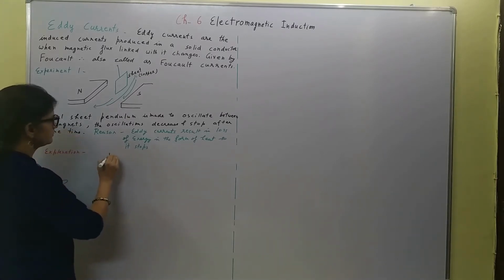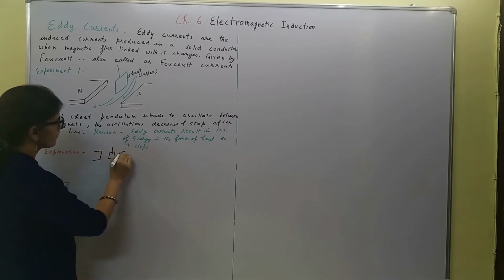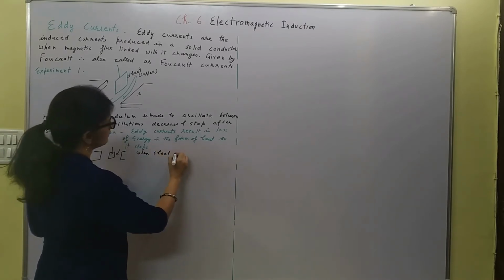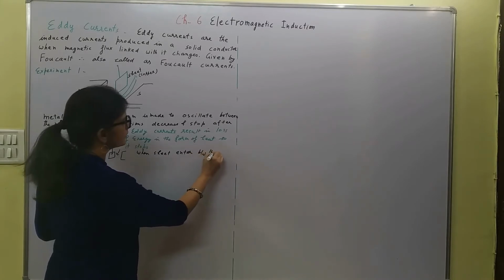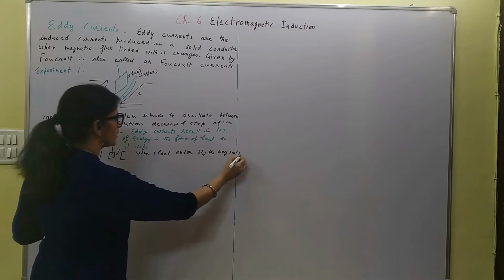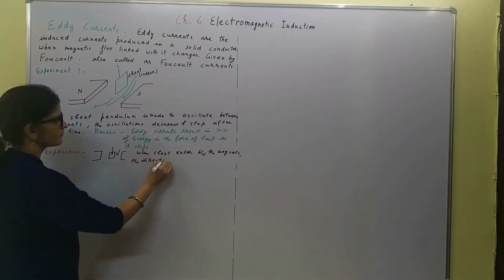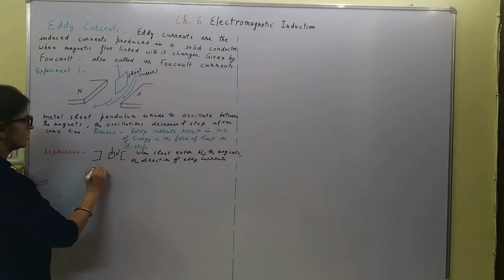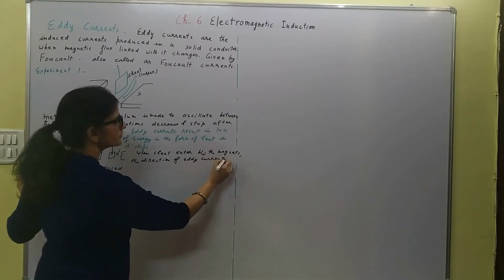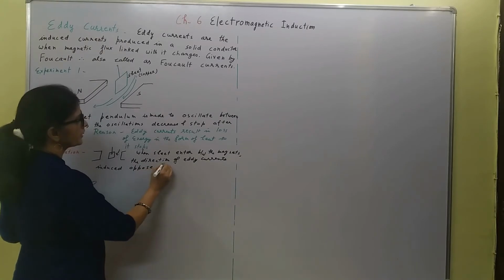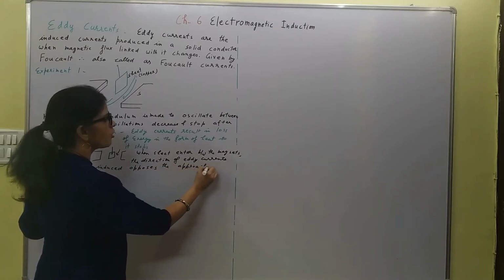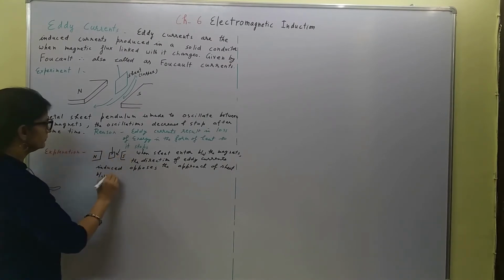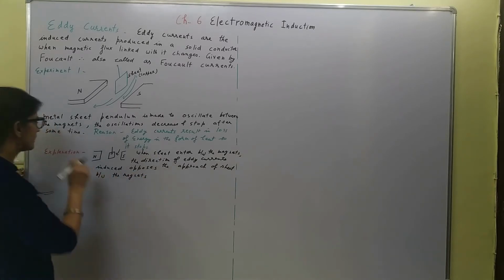So when the sheet enters between the magnets, the direction of eddy currents induced opposes the approach of the metallic sheet between the magnets, right? And when it is moving out,